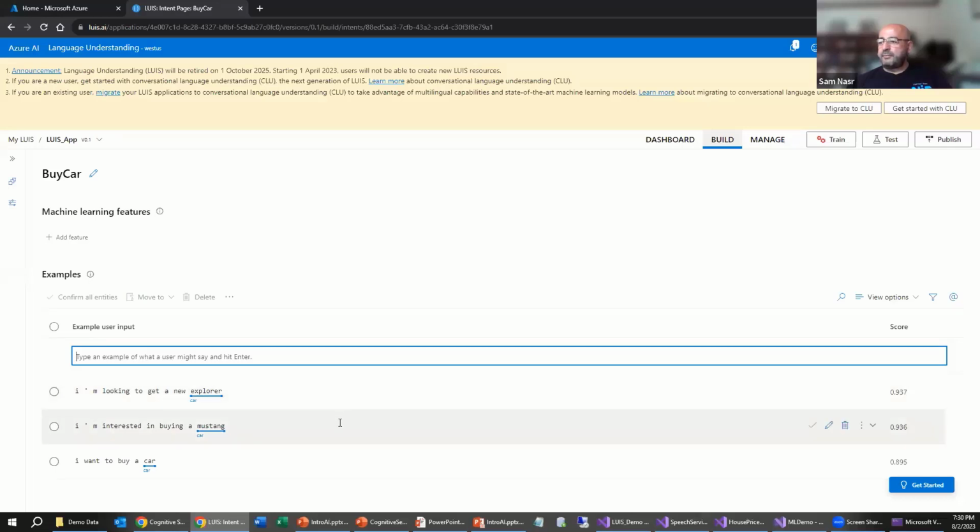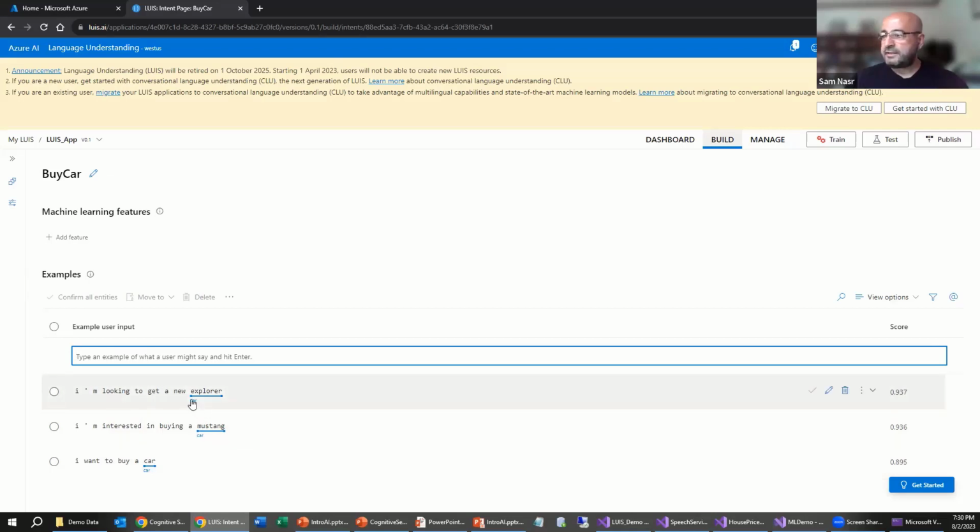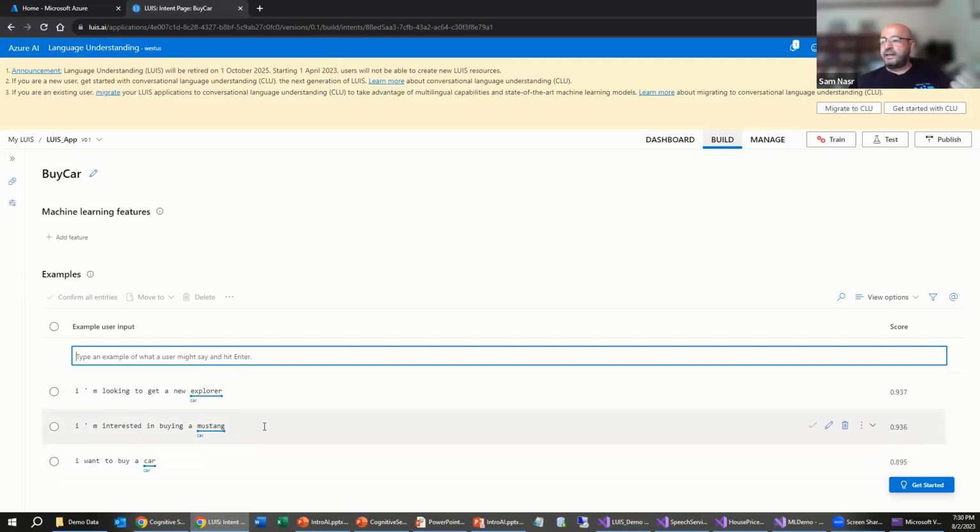I'm interested in buying a Mustang, and I want to buy a car. And if you notice, Explorer, Mustang, and car are all labeled as the entity of car, because every sentence structure contains a verb and a noun, right? And so here I'm defining what my noun is, and I'm defining what my intent is. So my intent is this token buy car.